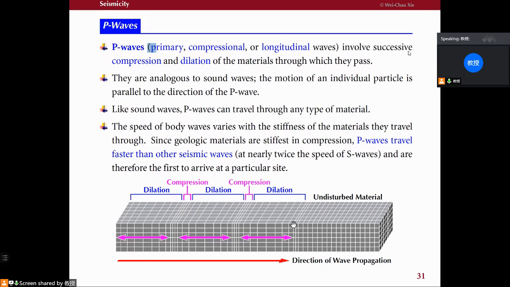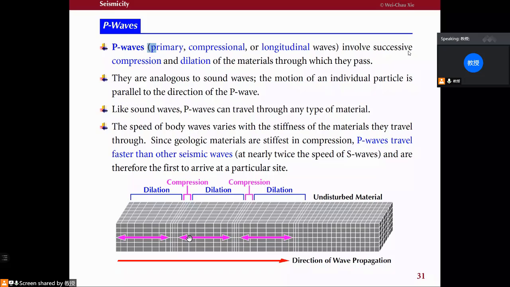Okay, so compression and dilation, compression and dilation. They are analogous to sound waves. The motion of an individual particle is parallel to the direction of the P wave. Okay, this is the direction of propagation of the wave, and the particle will move in the same direction. Okay, compression, dilation,